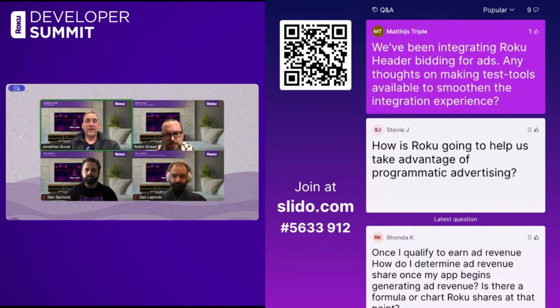We've been integrating Roku header bidding for ads. Any thoughts on making test tools available to smoothen the integration experience? So the demand API. To smooth the integration experience. So